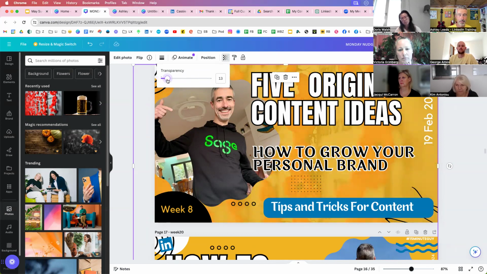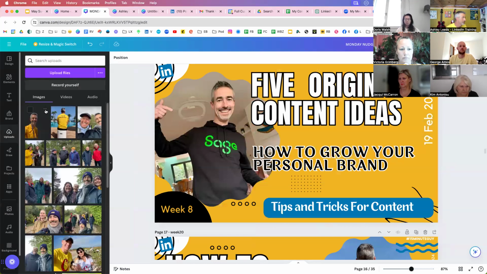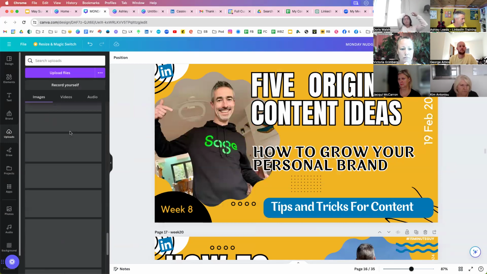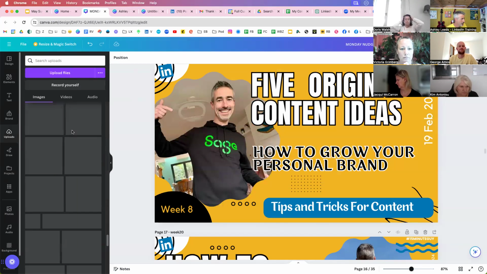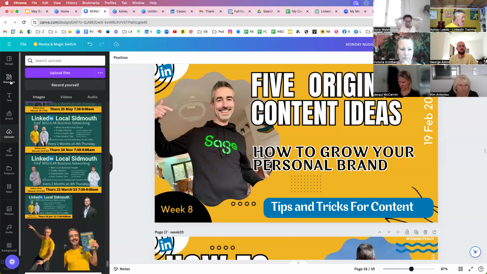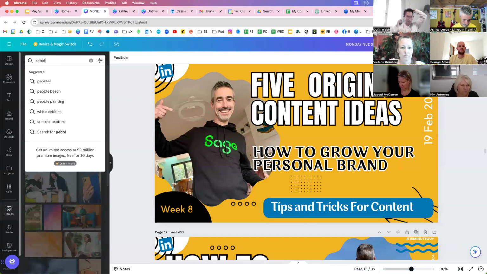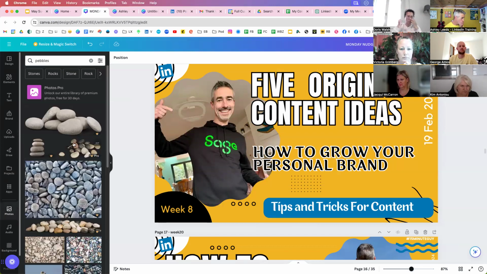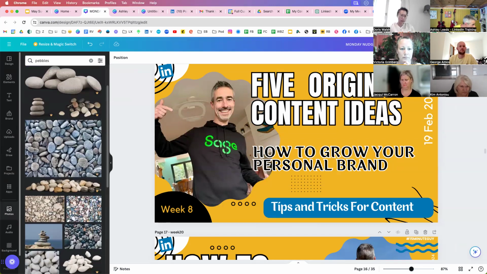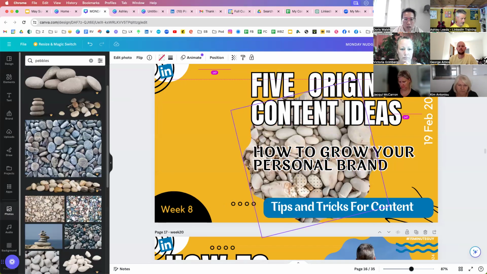So I'm going to just delete that and let's find a better type of photo. Now, I uploaded some photos because I was playing with this ages ago, and it would probably take me a week now to find them. I took some photos of pebbles and grass and stuff like that. In fact, let's just do that. Let's find photos. There we go, photo of pebbles. Oh, I didn't want it to go in there.